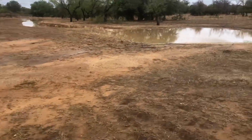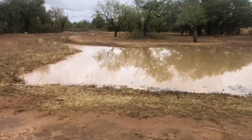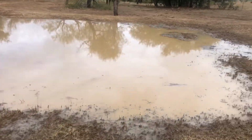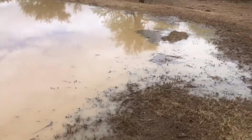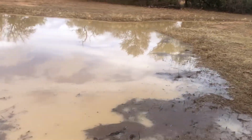As we approach this lower tank here, we can see that it's significantly more full than it was yesterday, and it's almost to the brim as well. And as we